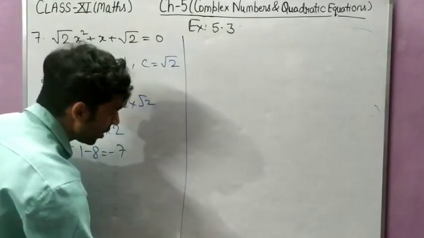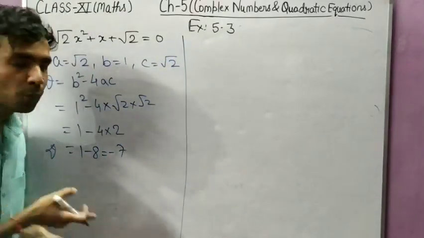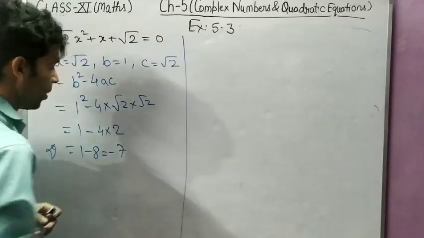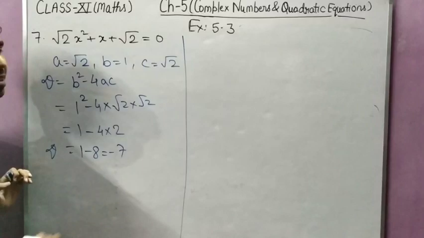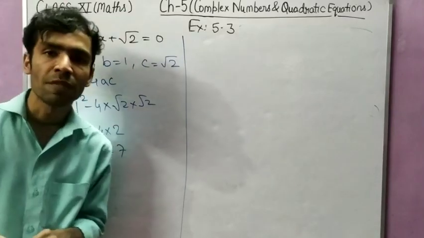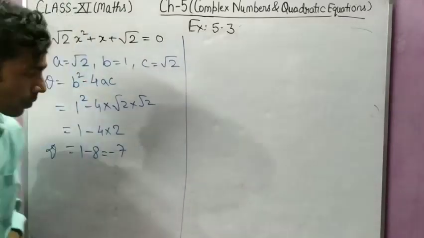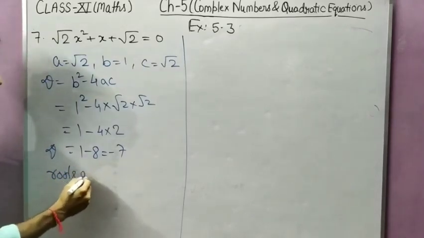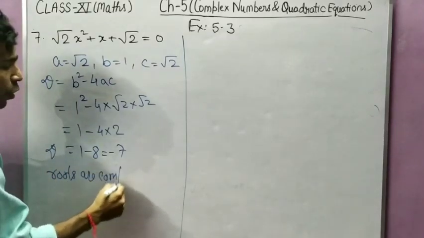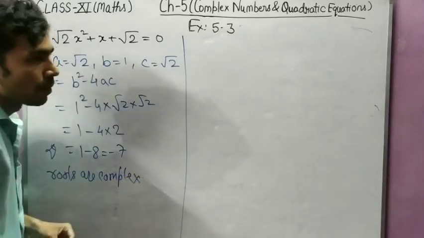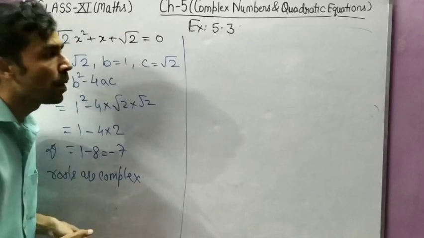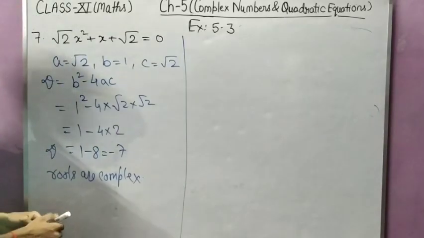It is very coincidence that whatever questions we have solved up to this, we are getting the value of d as minus 7. Okay, so see, d value is minus 7. So in this case, roots will be complex again. Roots are complex because the value of d is negative. In third case, when d will be less than 0, we will always get complex roots. So the value of d is minus 7.